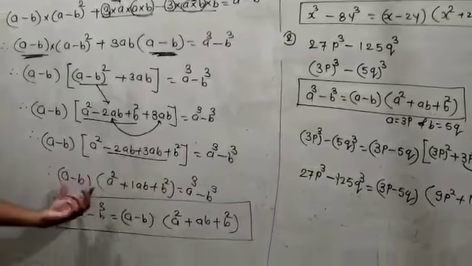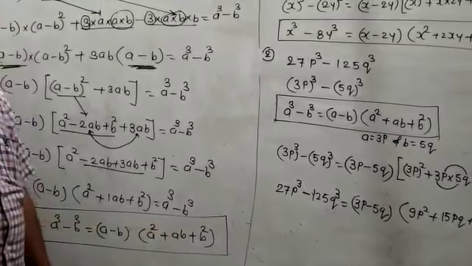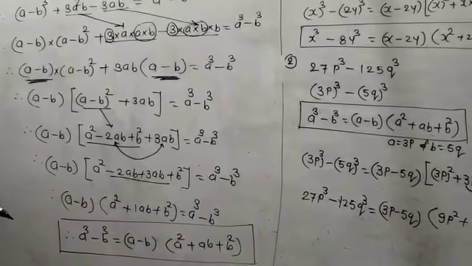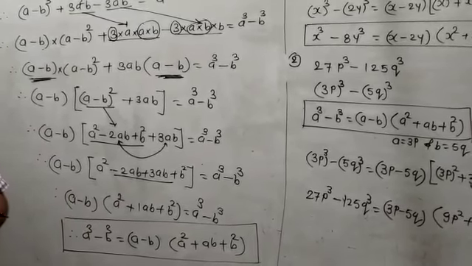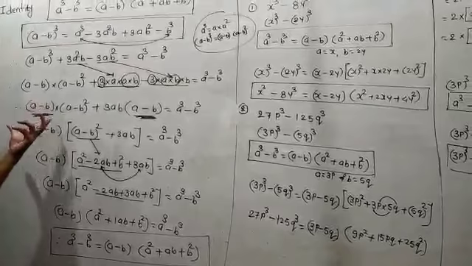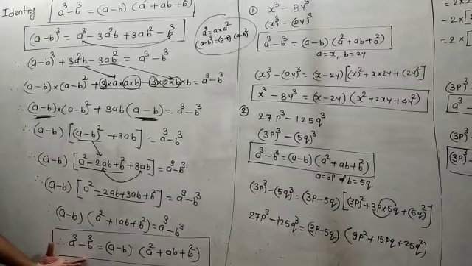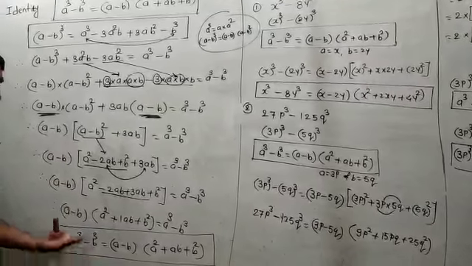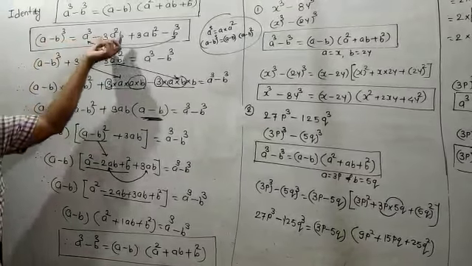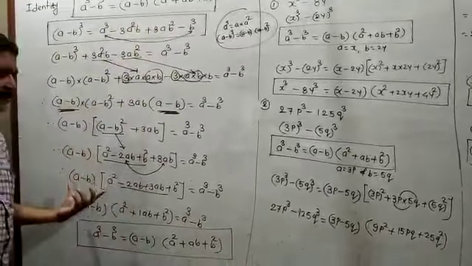A cube minus b cube is equal to a minus b in one bracket, in another bracket a square plus ab plus b square. How this identity comes will not be asked in the exam, but for your understanding and convenience I solved this identity here. Try to understand this identity, because in higher standards, if anybody directly asks you, it is important that you know this identity comes from the identity a minus b bracket cube is equal to a cube minus 3a square b plus 3ab square minus b cube. So try to understand each and everything properly.